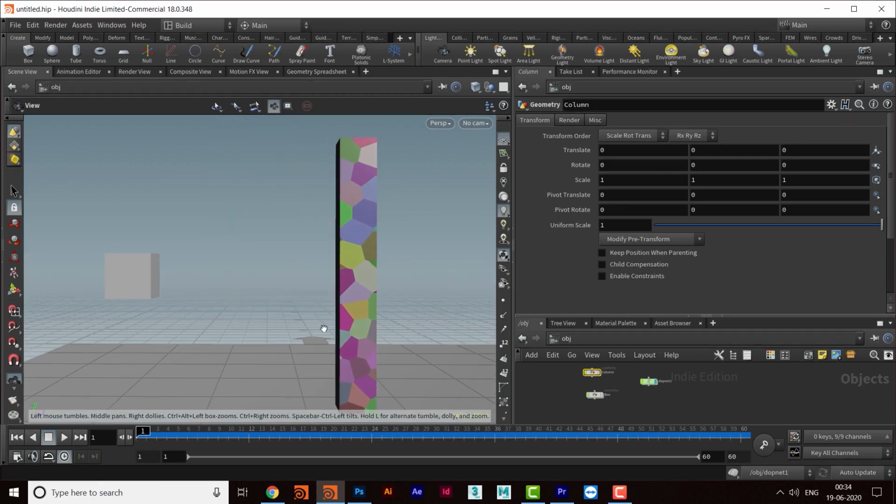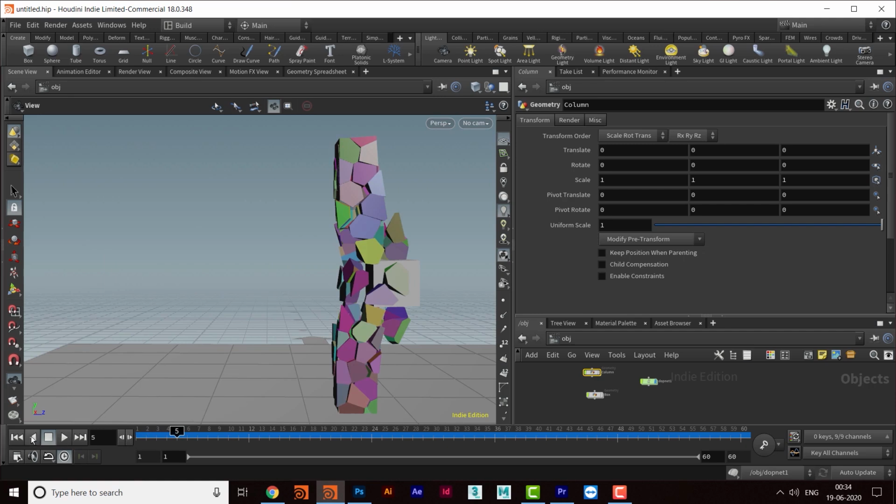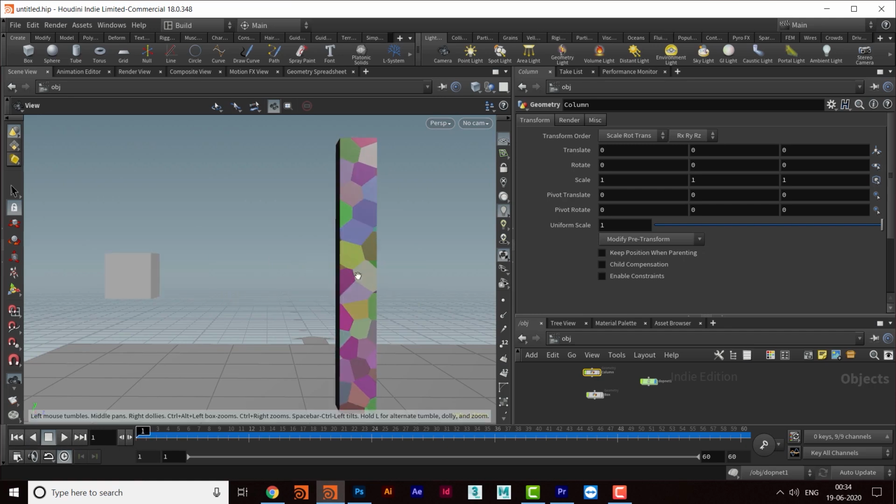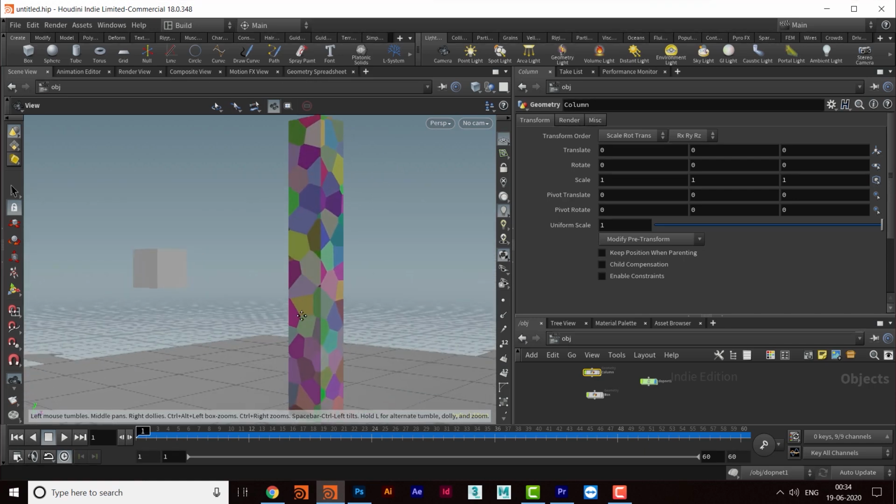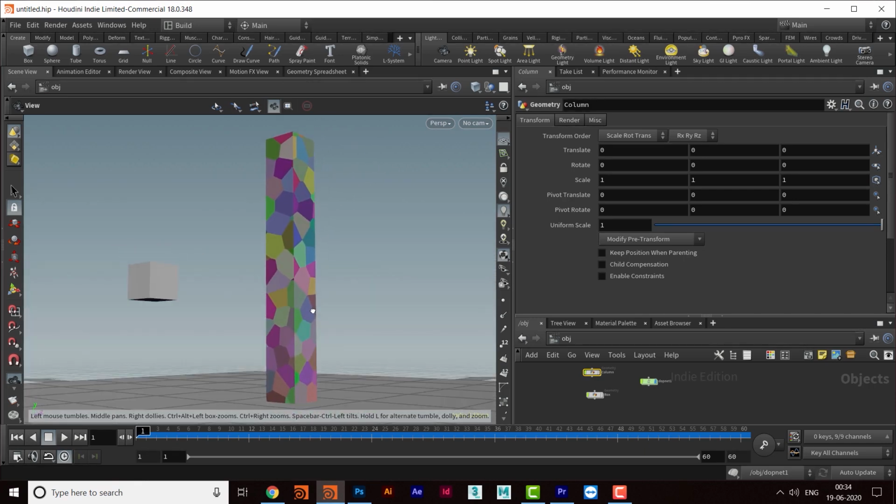One thing which is happening from the very beginning, even before this cube is hitting, the column is going down. You just play it and you will be able to see. So that is happening, and for that what we can do, I want these chunks to stay together until some rigid body is hitting it.